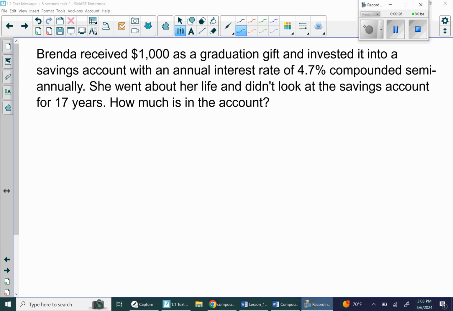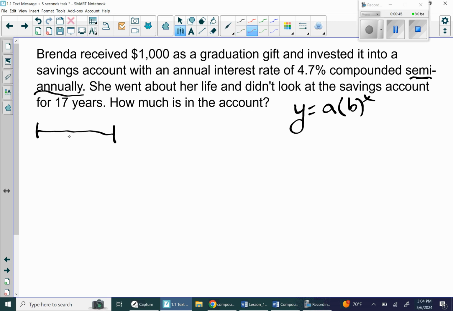So what we're going to do is use, of course, this is exponential relationships. We're going to use y equals a times b to the x, but we need to look at what this whole semi-annually means. So that means that we get interest deposited twice per year. We're going to get interest after 6 months, and then we're going to get interest after another 6 months. So that means that there are two chunks of 6 months that actually start accumulating when